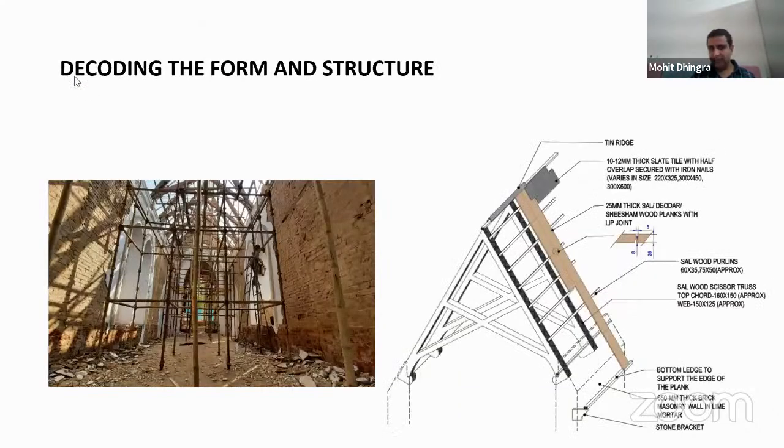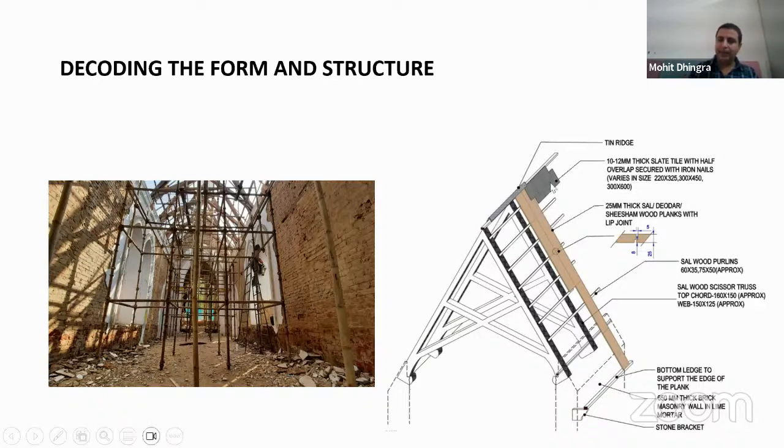Then you primarily come to the problem of how the roof was in trouble. So you understand the form and the structure of a building. For example, in that case, if you need to repair a roof, you also need to understand how the roof was made. This is a schematic sketch which was developed, which says, oh, this is part of